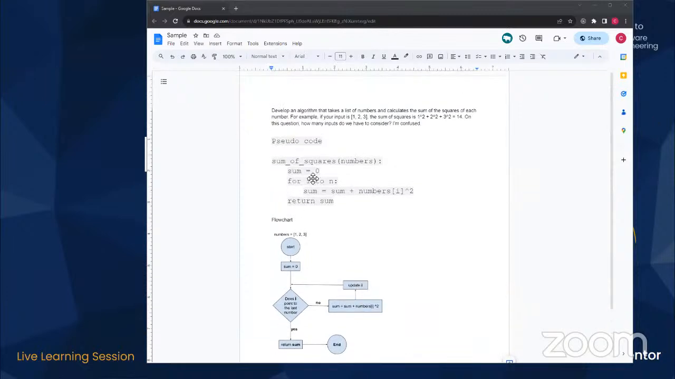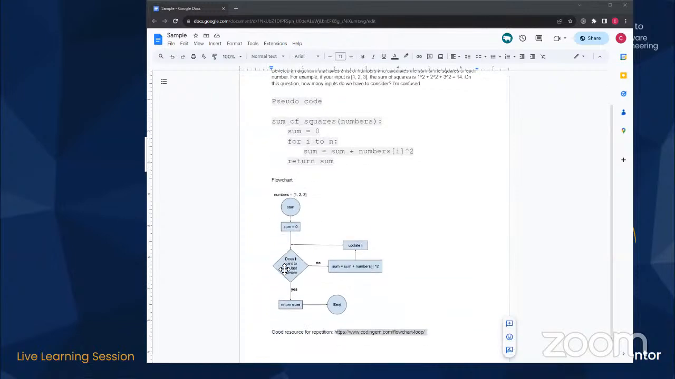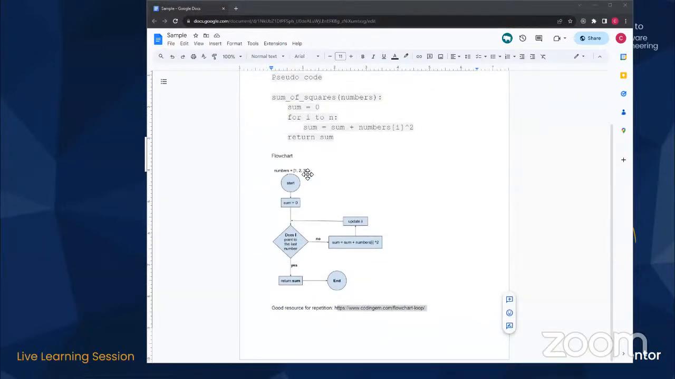All right. So basically, this algorithm is to take a list of numbers. Okay. So those list of numbers is what you can see in the flowchart as I indicated here. And I'm saying that the algorithm,